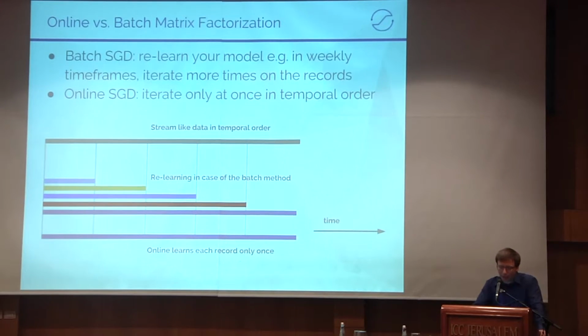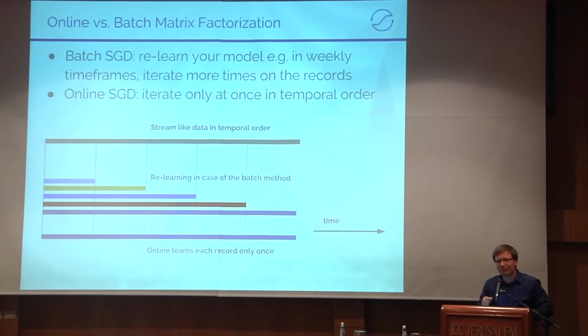Observe first the gray line. So imagine a stream-like data where one by one you have incoming records, information on what users listen to in your system. And in case of a batch learning method, what people typically do is create a weekly relearning method. So at the end of the first week, represented by the first small line, they gather all the information that they got in the first week, and in batch learning, by a lot of iterations over the dataset, they create a model. And then they use this for prediction in the next week. But they do not do any kind of learning during the second week.